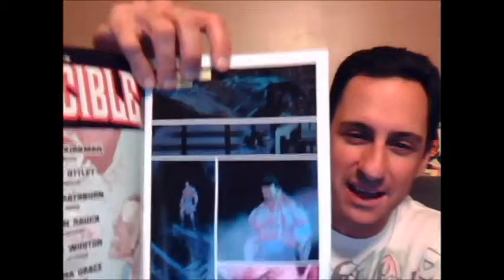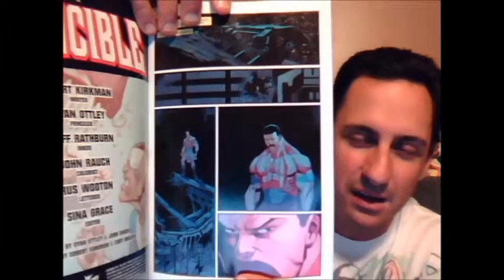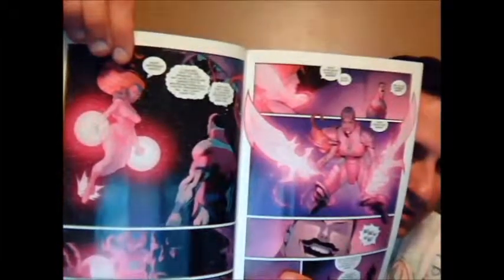General Thrag here. This is his headquarters, and he can see that here in this issue that Invincible took off with Dinosaurus, because he was actually trying to kill Mark, who is Invincible. Invincible's girlfriend is Eve, which is her right here, and just to give you a brief description of the last stories,